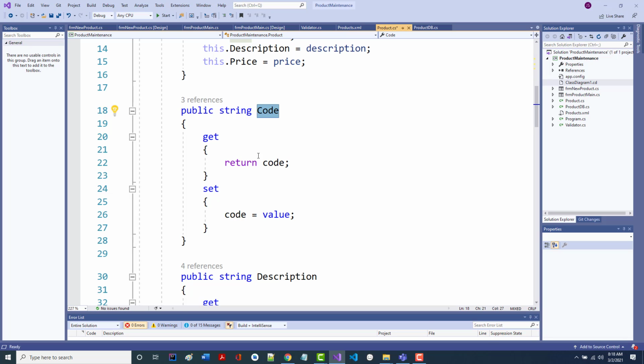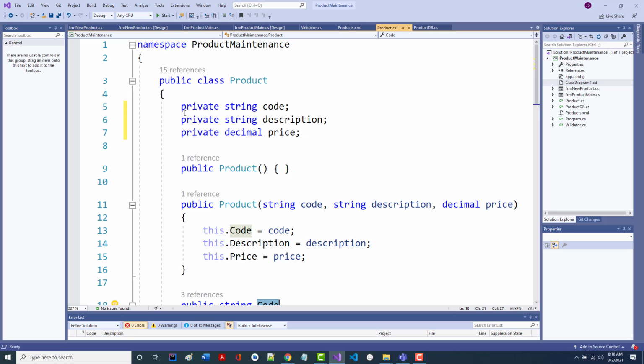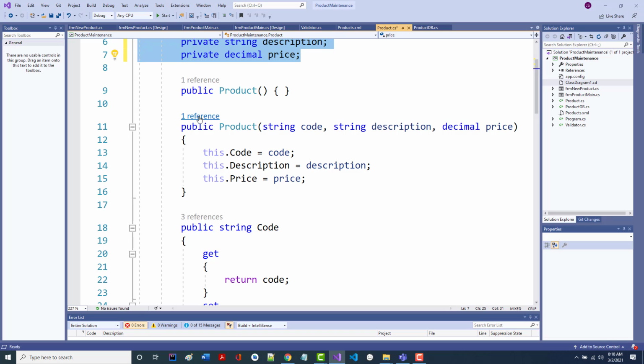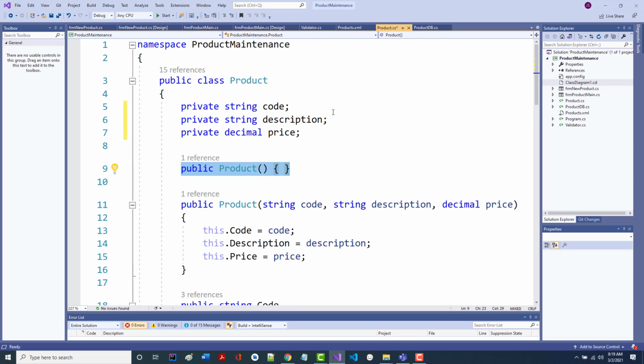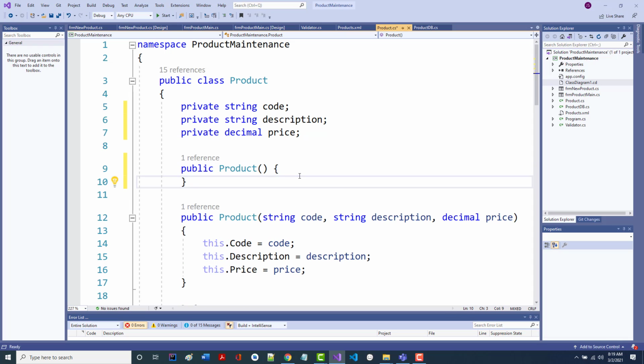All right. But taking it from the top, what are we doing? You've seen this before. We've got 3 fields. All right. But we're doing absolutely nothing with them as far as validation. So we've got 2 strings and a decimal. So if we create an empty product, you already know this from yesterday, what that's going to do is it's going to literally come in there and it's going to create a product with a code that's the empty string with a description that's the empty string, and a price that's 0. Do you have to do that? The answer is no. We could come in here and do something like this.